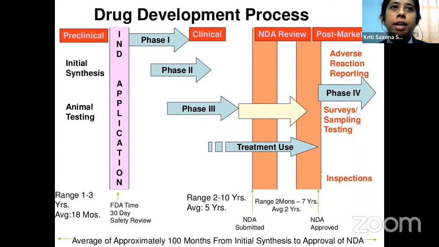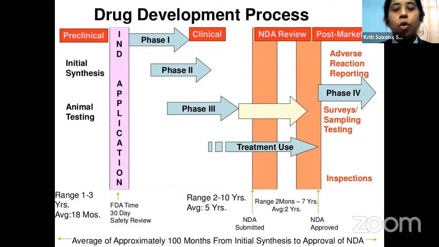So here is a pictorial diagram which is representing the whole drug development process. Drug development is a very long process, as any new molecule takes almost 25 to 30 years to get published in the market. It is very easy to see drugs in the market from a far-off view. But being a pharmaceutical professional, I know that this process takes a number of years and a lot of patience to have a new drug molecule published in the market. Starting from the preclinical analysis, in which we test our drugs on animals.